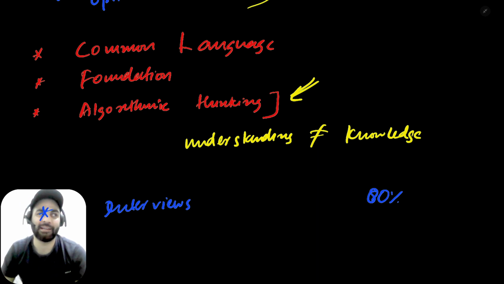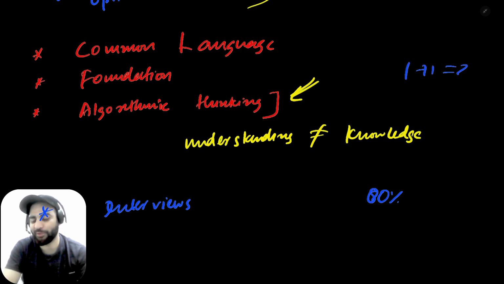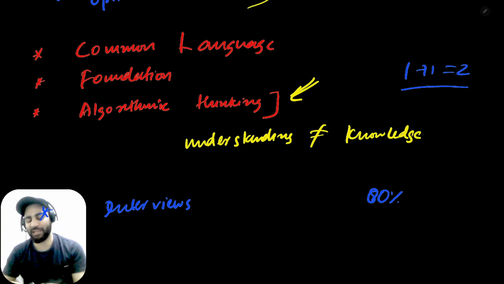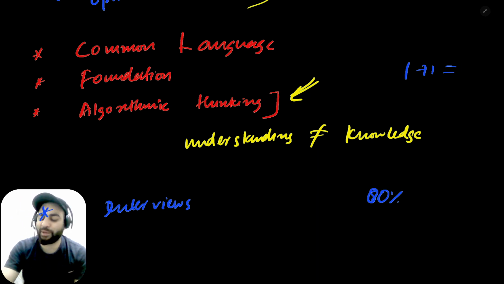That's the example I give. If you want to add using computers, we build something called half adders and full adders. If you have no knowledge, even if I ask you what 1 plus 1 is equal to, most of the folks won't be able to answer. They'll give me some philosophical argument. Maybe they'll just give me some shapes, saying this is one, this is one, and if you take these two, this becomes two. But if you go to the bare-bones basic logic, you will see what the meaning of 1 plus 1 is.